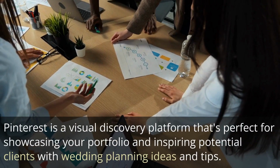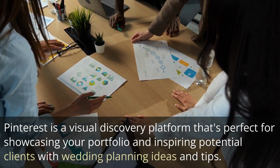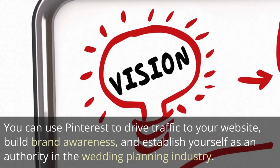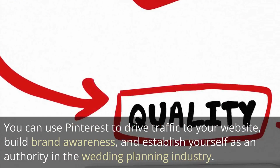clients. Pinterest marketing. Pinterest is a visual discovery platform that's perfect for showcasing your portfolio and inspiring potential clients with wedding planning ideas and tips. You can use Pinterest to drive traffic to your website, build brand awareness, and establish yourself as an authority in